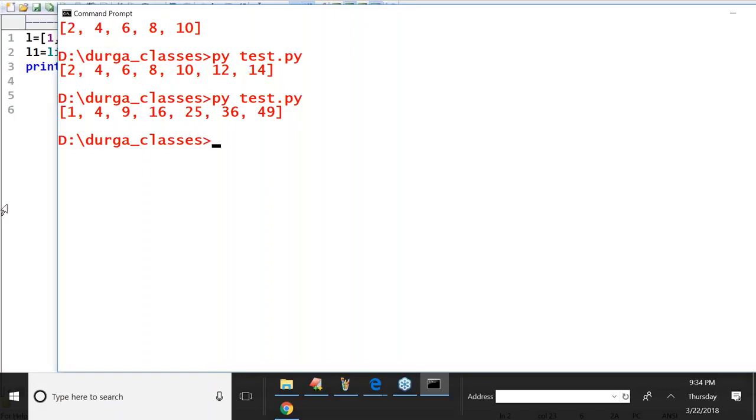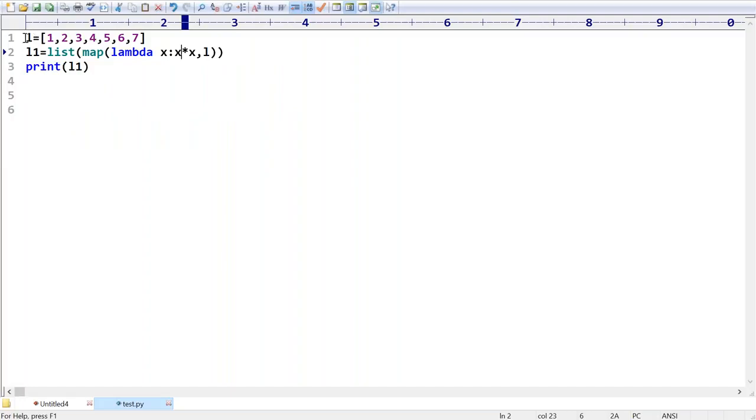Very simple. Something like, sir, I'm taking L1 is equal to 1, 2, 3, 4. L2 is equal to 10, 20, 30, 40. Same number of elements are available or not? Please respond. Yes. Okay, now I'm taking map of lambda